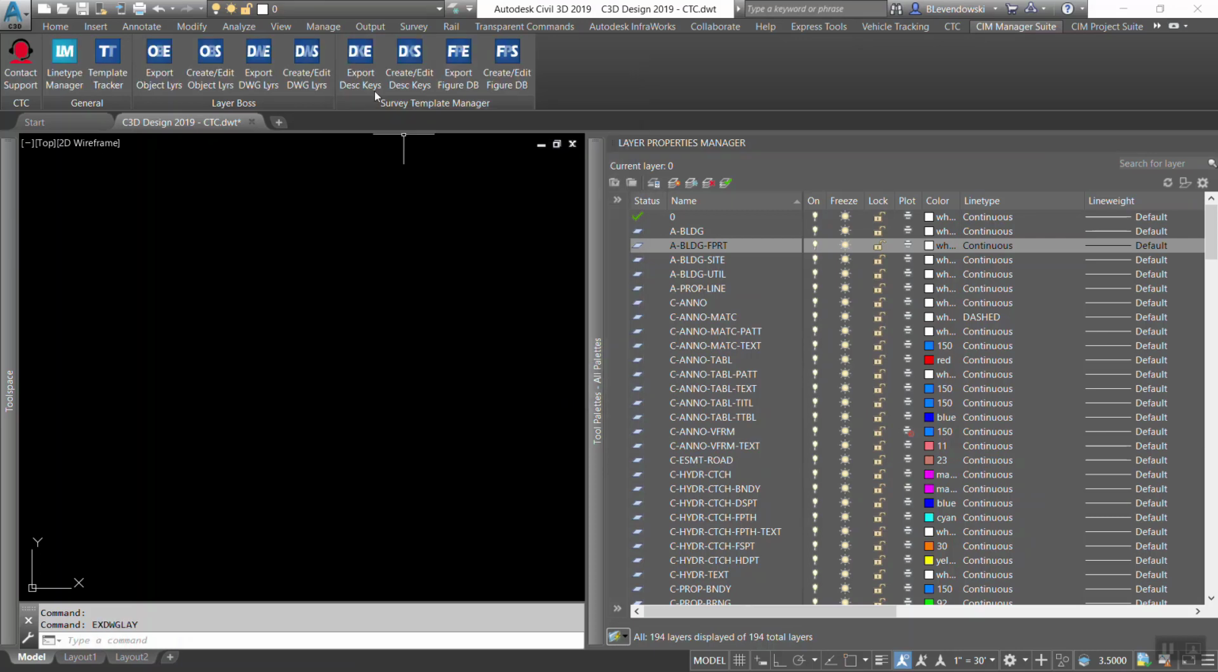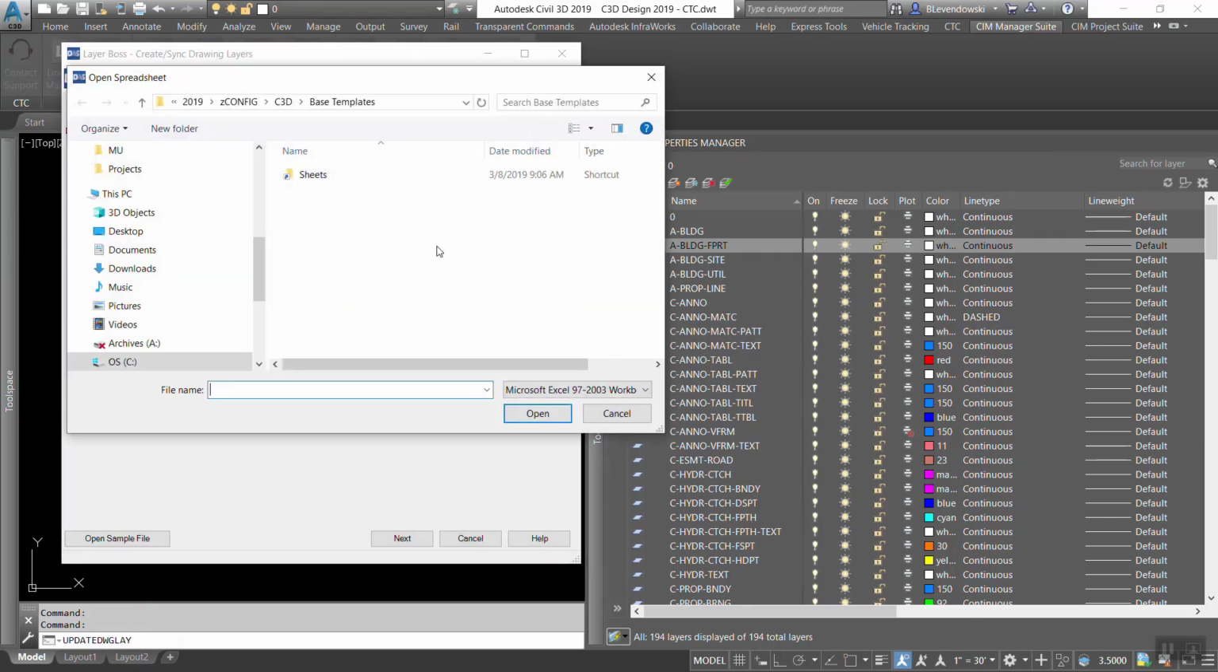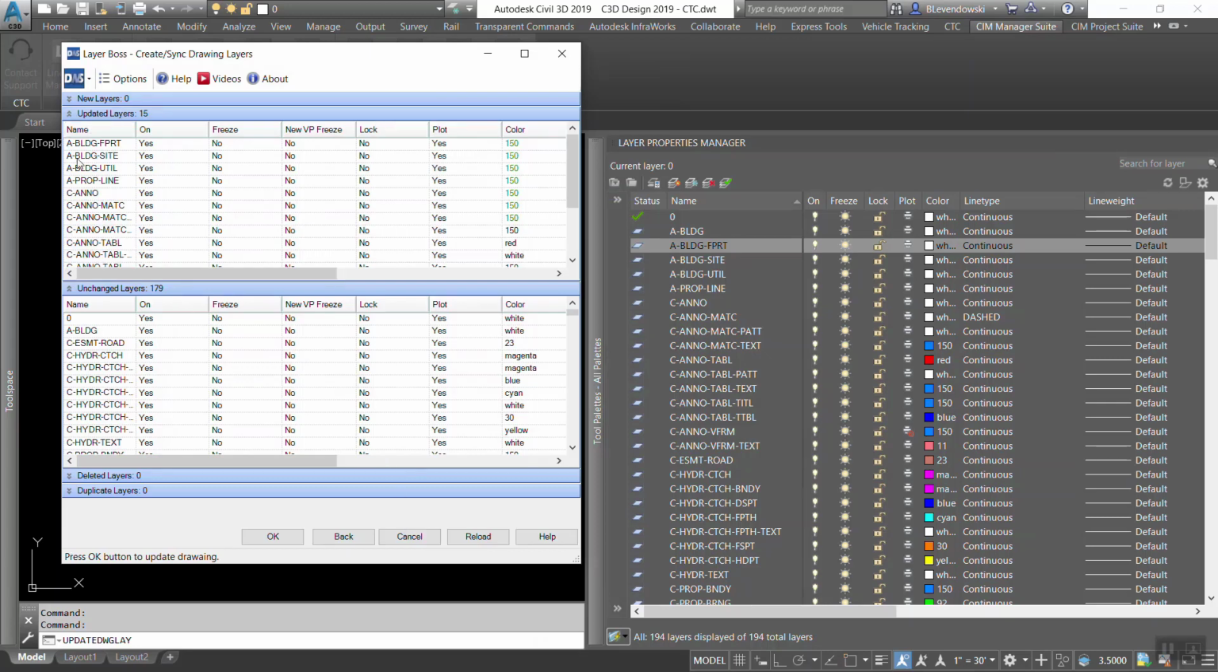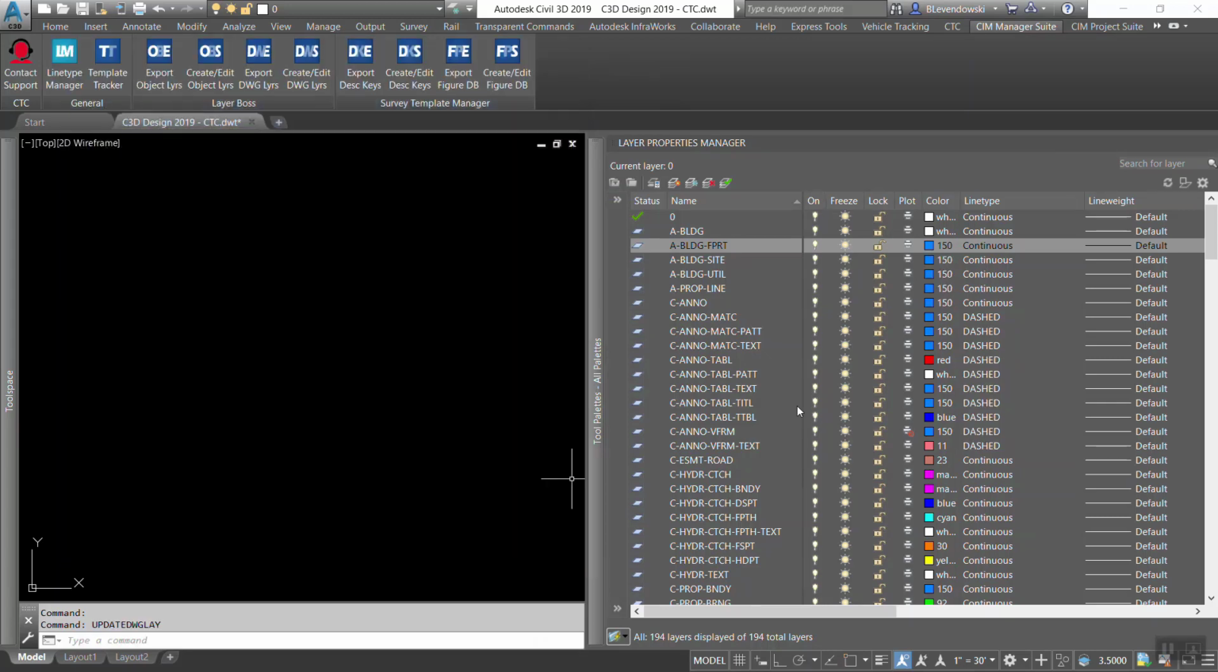Save it here. Simply come back to Civil 3D and point to that Excel spreadsheet and sync those changes. It'll give me a report, what's been updated, what's added, deleted,